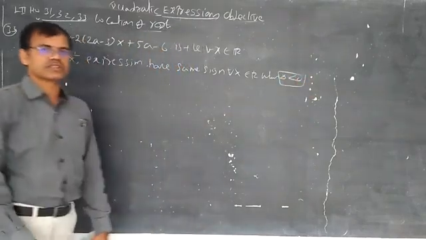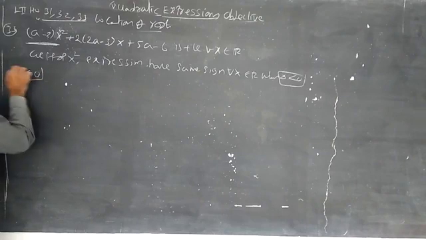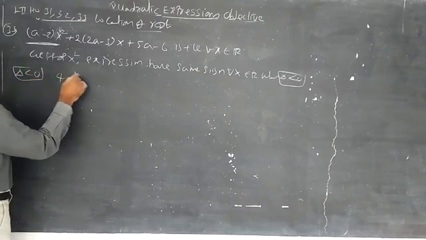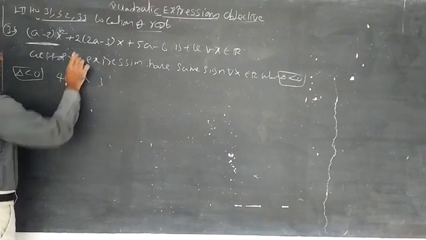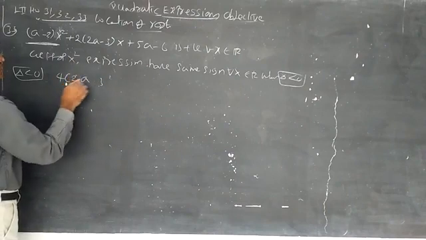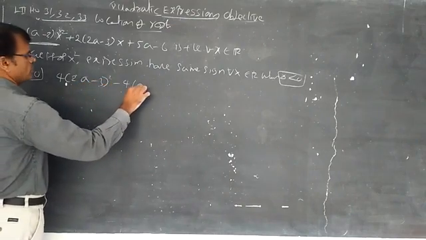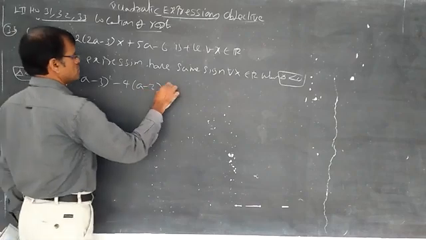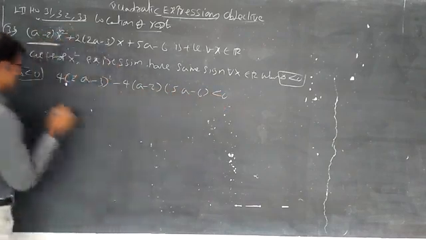It is the most important theorem, proof also I said. Now you can use the formula delta less than 0. There is no location of roots concept here. 4 into 2a minus 3 whole square